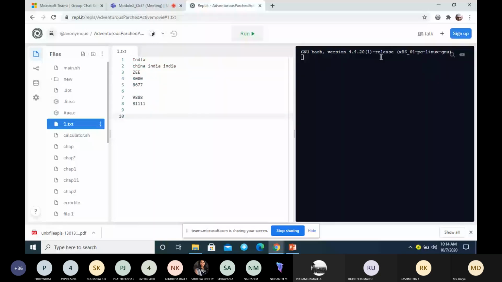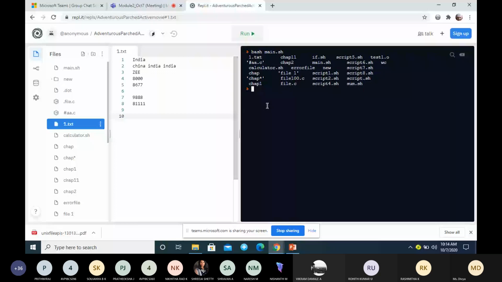So grep, what will be the output here? If I execute it like this, what will be the output?